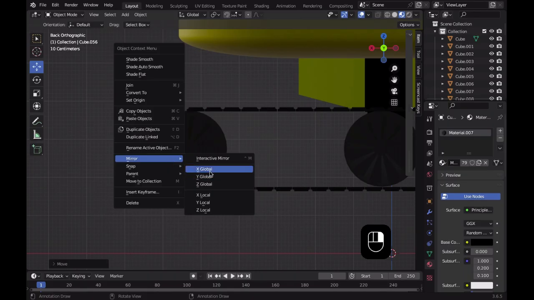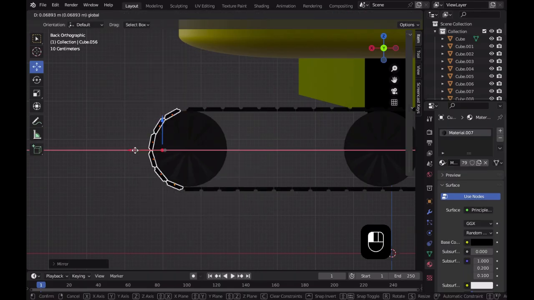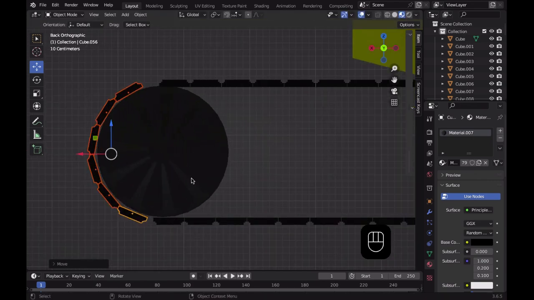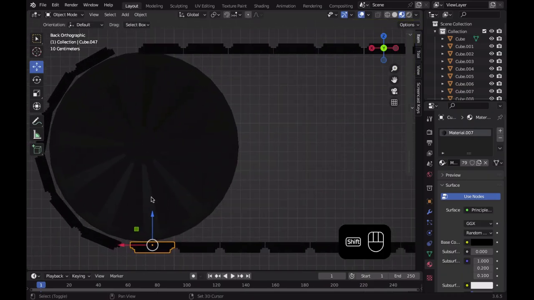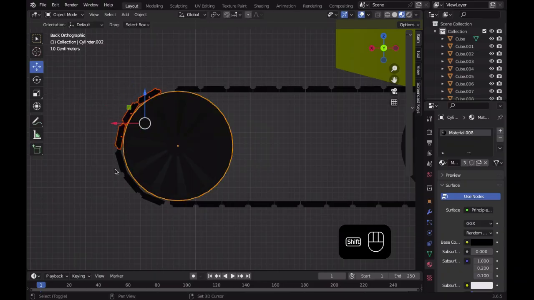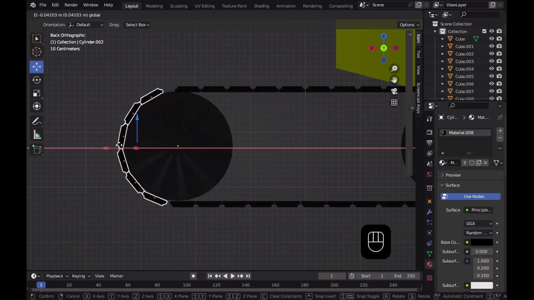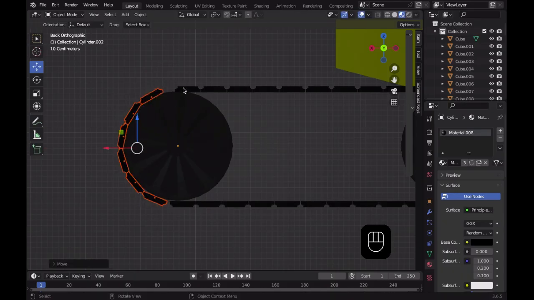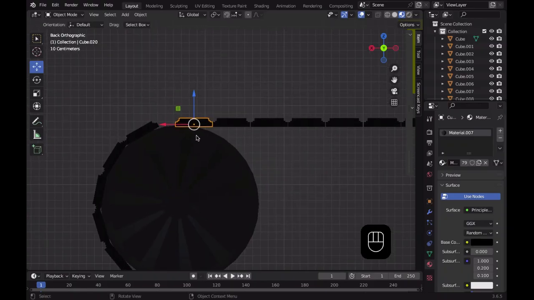We do that on the X global, just like this. No, it's X global. Is it global around the world or something? I don't know. Do not care. It doesn't matter. Anyway, it's actually not enough over there, so I'm gonna click all of these again. Not this. Just click off that, and move it over, just like this. Okay. Now I'm gonna go to Shift D and move another one here, just like that,